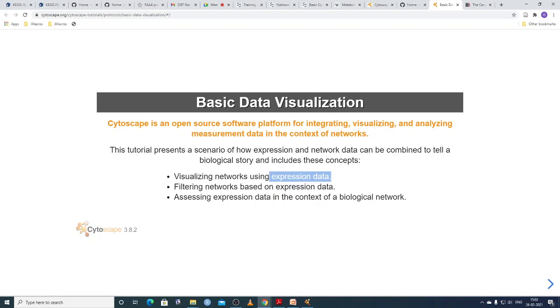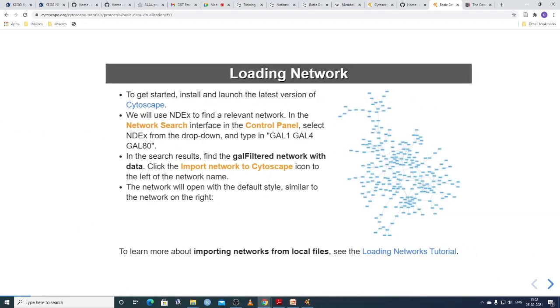These things we want to determine. That is visualizing the network using expression data. Next is filtering the network based on expression data. You can filter the network, then assess the expression data in the context of biological networks.